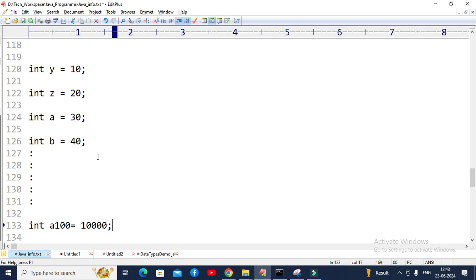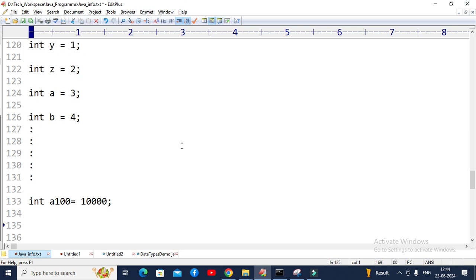So how many numbers do I need to add? One, two, three we have added, four we have stored inside the b variable. Like this, if I want to store 100, then I need to create